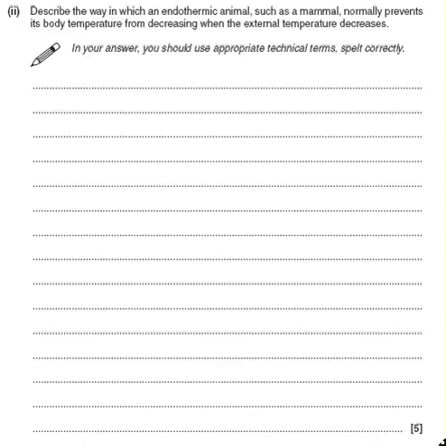Okay, the final question on energy here, on respiration. Describe the way in which an endothermic animal such as a mammal normally prevents its body temperature from decreasing when the external temperature decreases. Okay, I hate these questions because straight away, so I'm going to pen on, it says